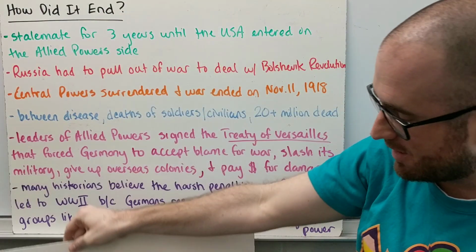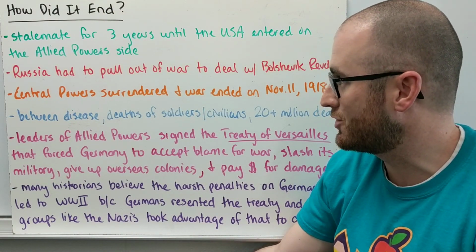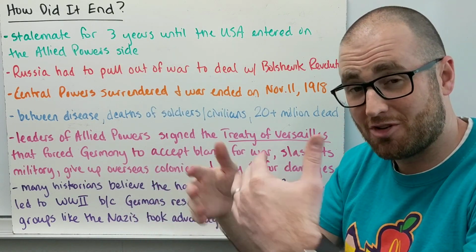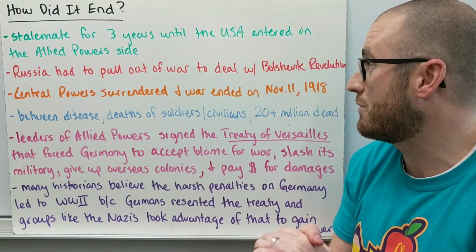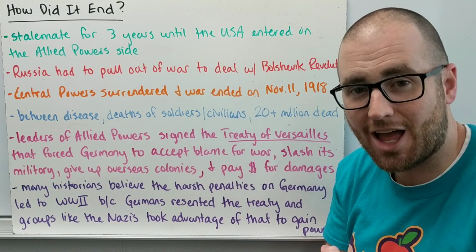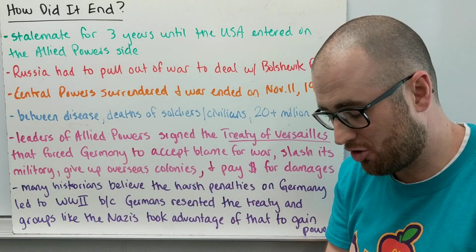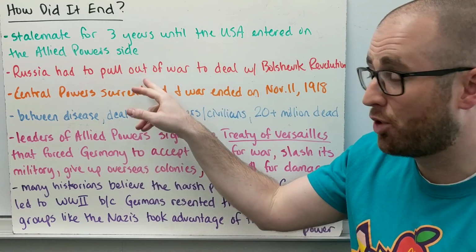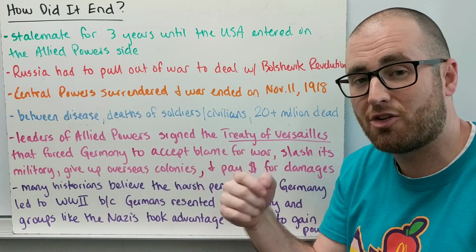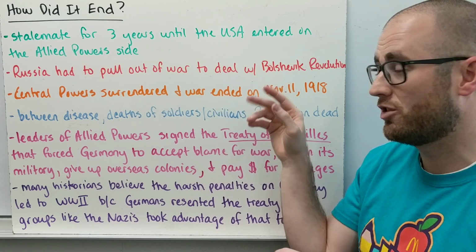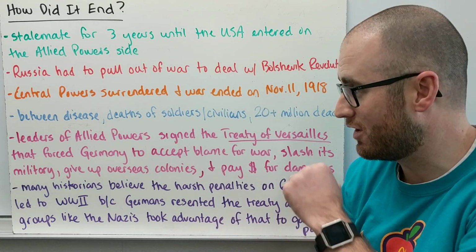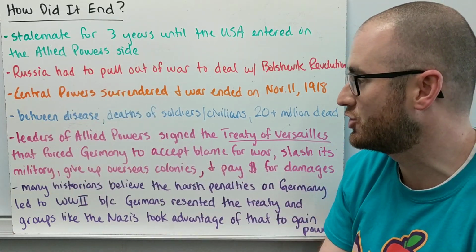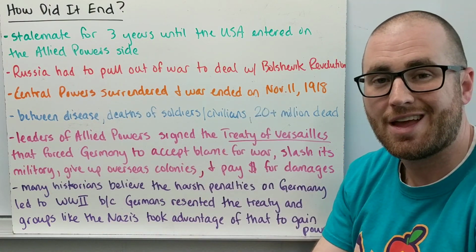So that's the war. We won't get into the battles here in the video, so let's jump to the end. Like I said, it was a stalemate for 3 years because of the trench warfare. It was very hard to progress in battles until the USA entered on the Allied power side. We'll save what you learn about the USA's role in World War I for 8th grade. Russia had to pull out of the war, so the US entered and Russia pulled out. They had to deal with the Bolshevik revolutions, which we'll talk about in another video. The Central Powers, Germany and Austria-Hungary, ultimately surrendered, and the war ended on November 11th, 1918,